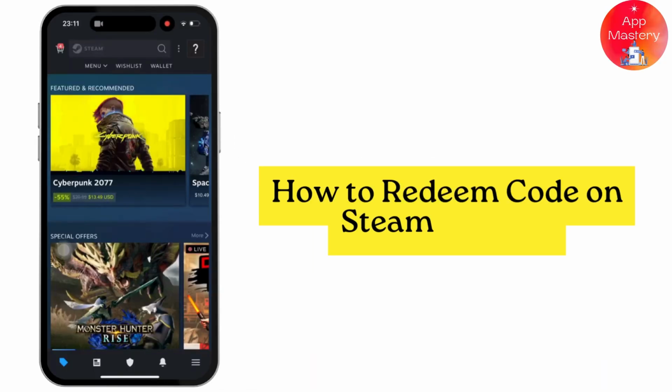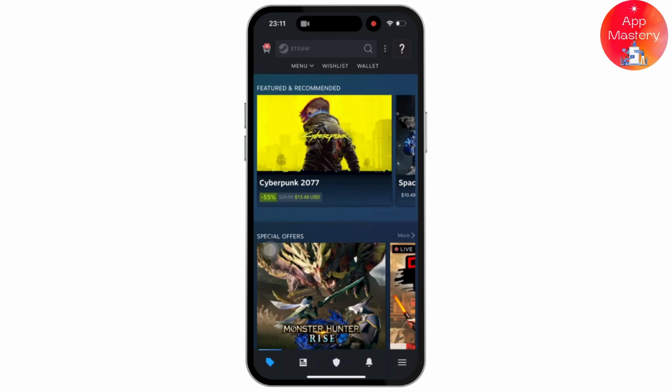Redeeming a Steam code on the Steam mobile app is straightforward. So here is a full guide to help you redeem your code and add the content to your Steam account. So let's get started. Firstly, launch the Steam app on an iPhone or Android device and make sure you are